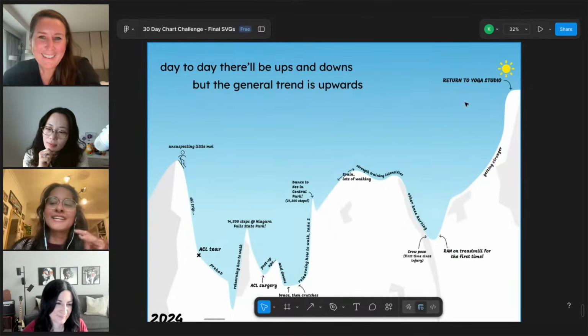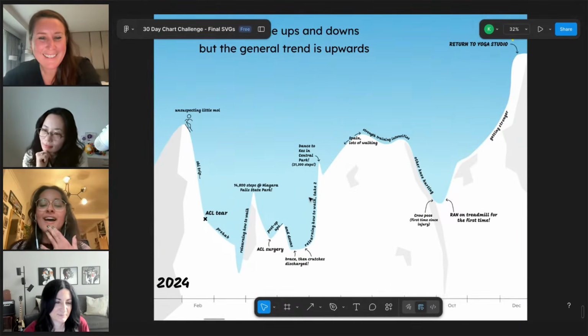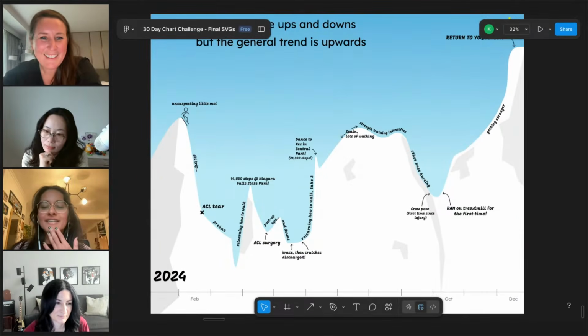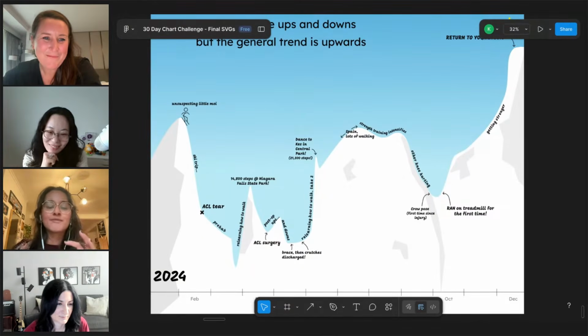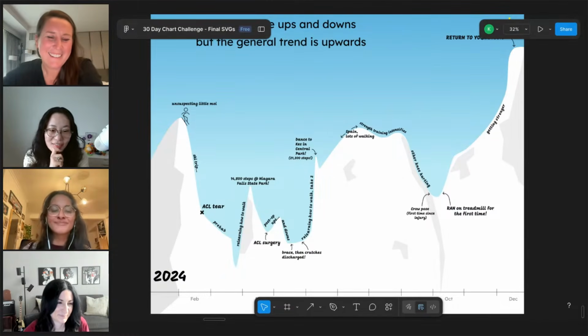Notably, in a better physical shape than at the beginning of the year due to all that intense physical therapy. But I love this. I love this because it really just captures what 2024 was for me. And I think Data Viz was such a great way to do it. And I think breaking the rules just helped me get across what a meaningful journey this was. I love this. Thanks, Kelsey.